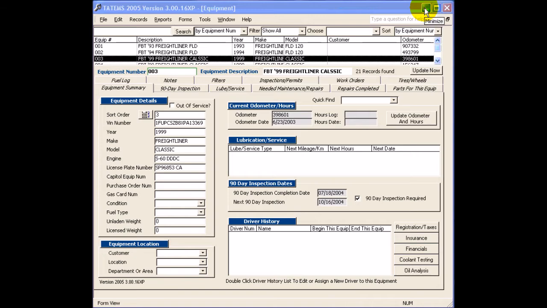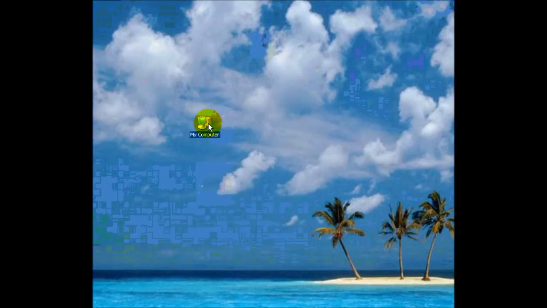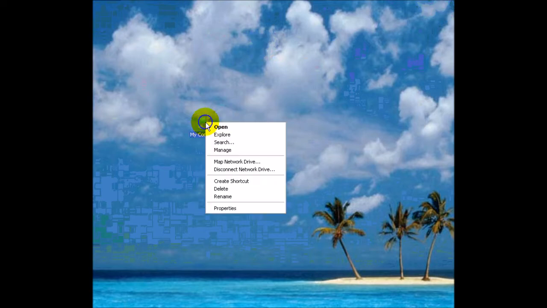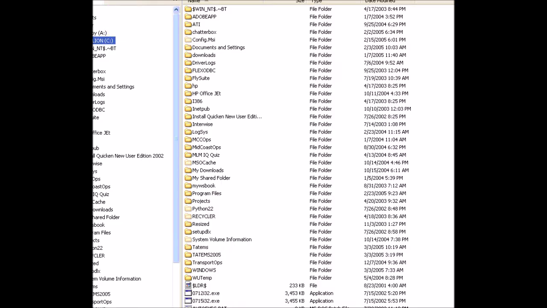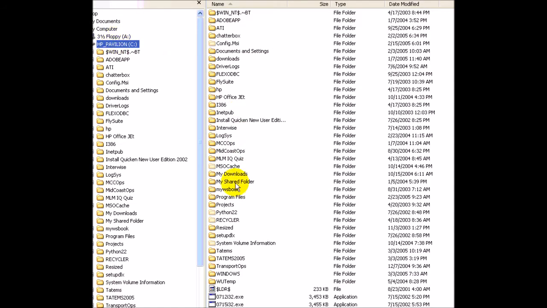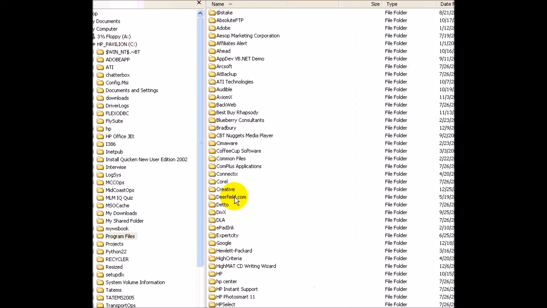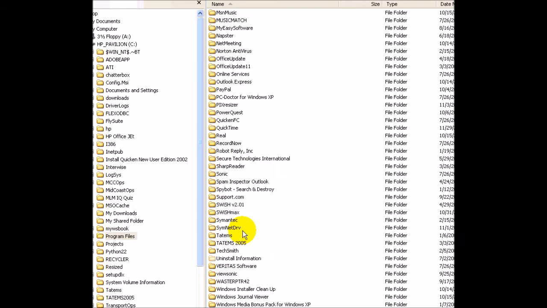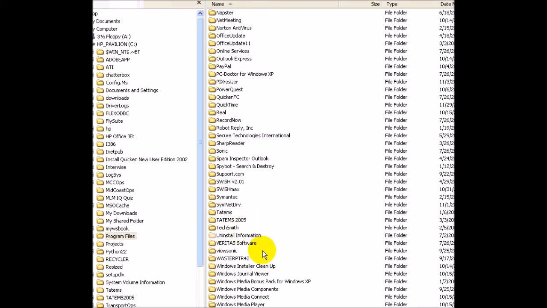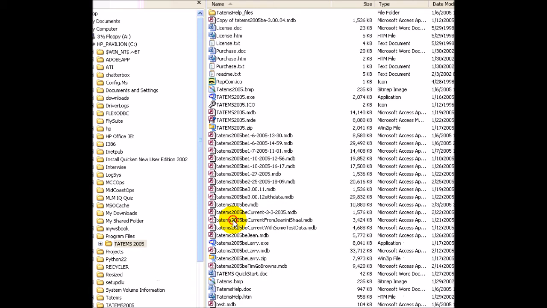First of all, we're going to close TATEMS out, and I'm going to go into my computer, right click, choose Explore, click on the C drive, and I'm going to go down to Program Files, and inside Program Files I'm looking for TATEMS 2005, which is right here. Open that up, and the file is called TATEMS 2005